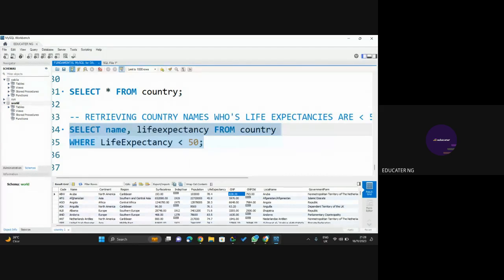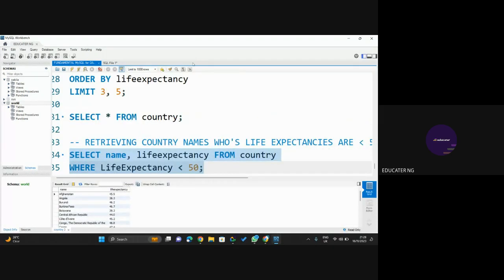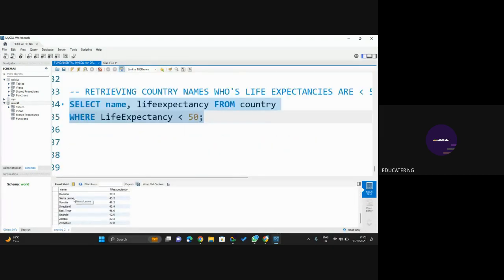So if we do this now, say that we have these two columns now. These are the names of the countries whose life expectancies are less than 50. Say for instance we have this, and this is what we are supposed to give to our bosses. It looks good already that we have the names of the countries whose life expectancy are less than 50, but we need to start thinking now, okay, if I want to give my boss this, what would you want